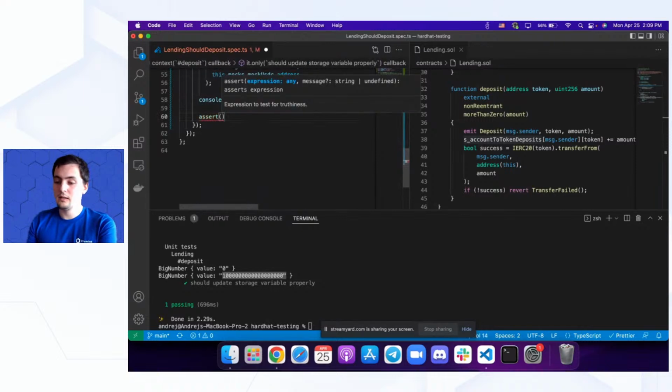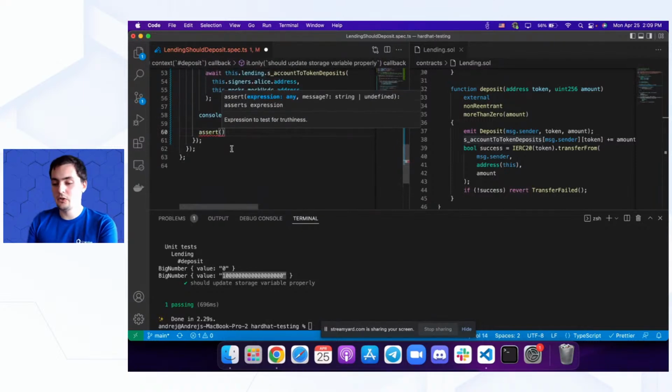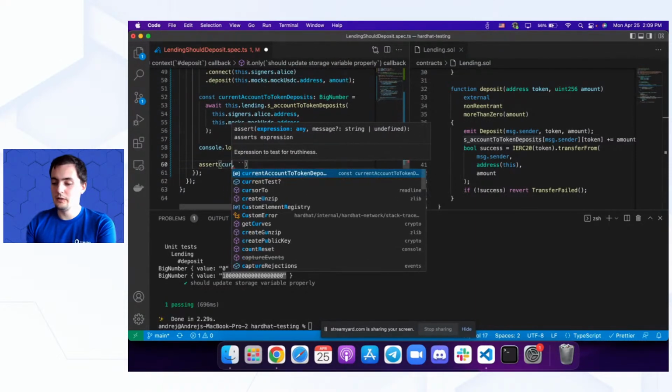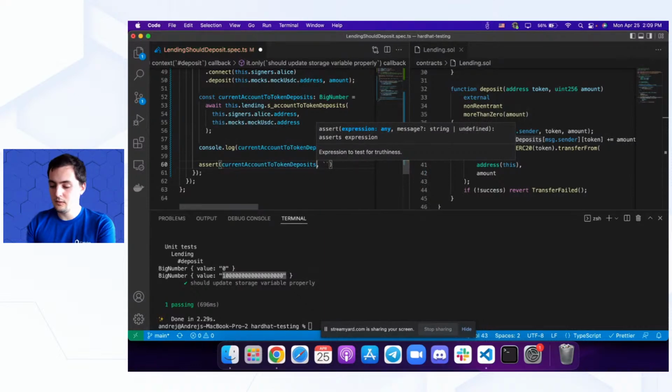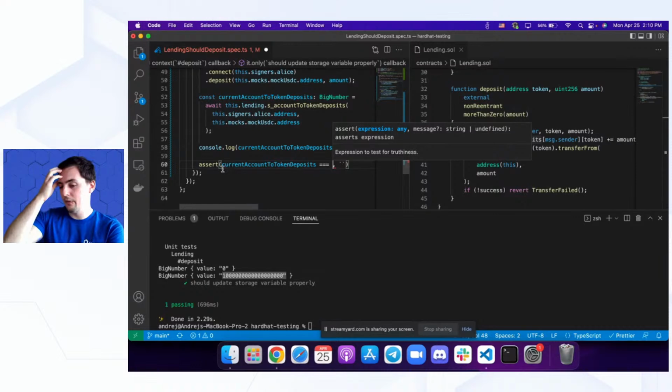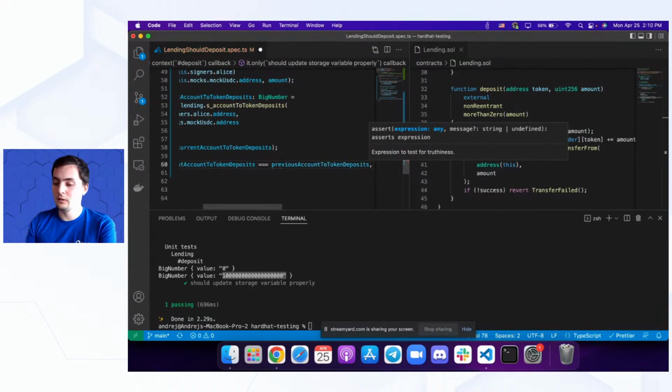So assert that we have some expression, some conditional value, and we have some error message. Okay, so we want the current account token deposits to equal, and by typing three equals signs, it basically means that it is going to compare your type as well, to equal previous account token deposits